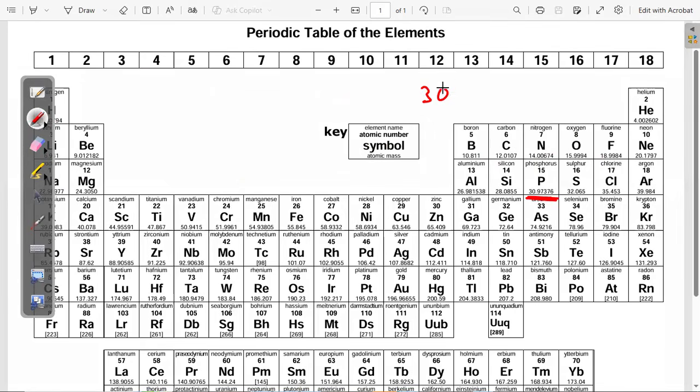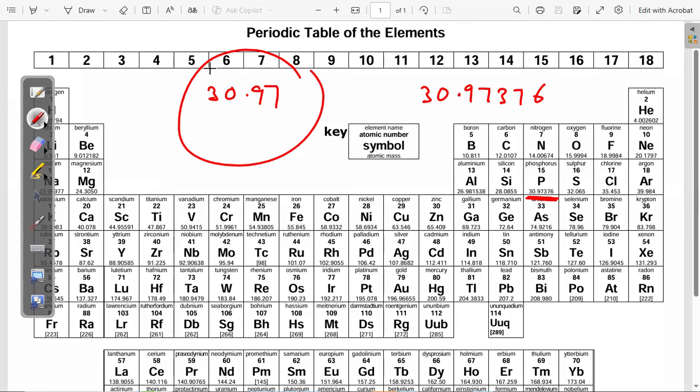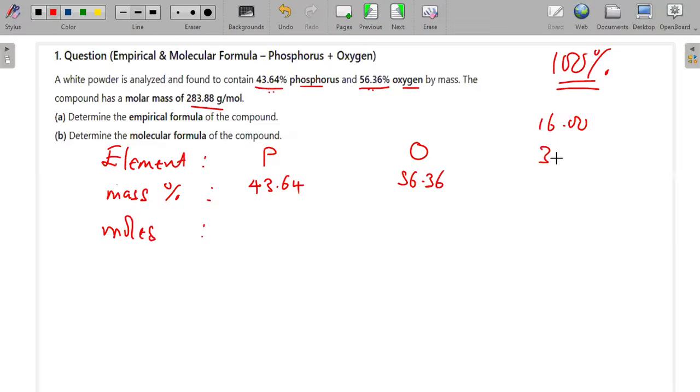So it has 30.97376. So you round off to 2 decimal places. So that would be 30.97. Okay, so that's what I'm going to use there. So I'm going to divide this guy by 30.97. So 43.64 divided by 30.97. So that one gives me